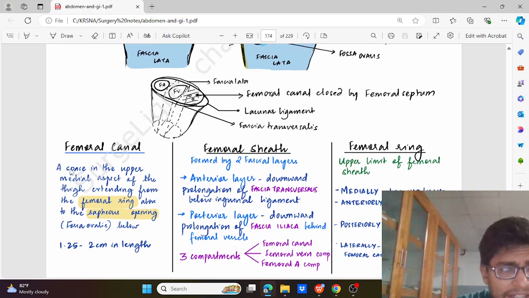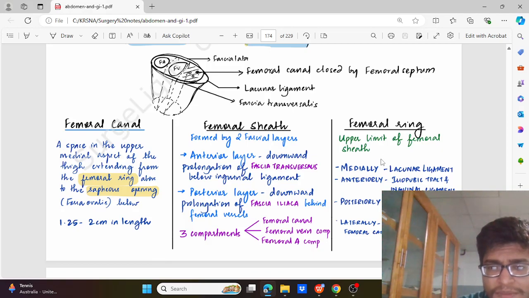The femoral canal is the space in the upper medial aspect of the thigh from the femoral ring to the saphenous opening, also called the fossa ovalis. Its length is around 1.25 to 2 centimeters. For the femoral ring, we have seen the boundaries: lacunar ligament medially, anteriorly the inguinal ligament and the iliopubic tract along with fascia transversalis. Posteriorly we have Cooper's ligament or pectineus muscle along with fascia iliacus, and laterally we have the septum separating it from